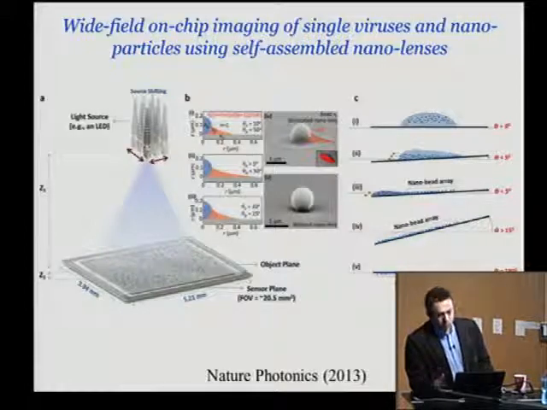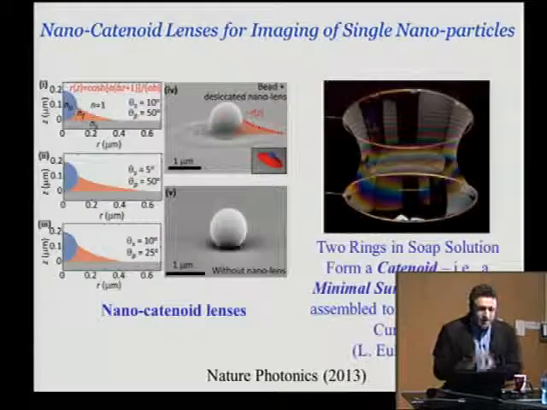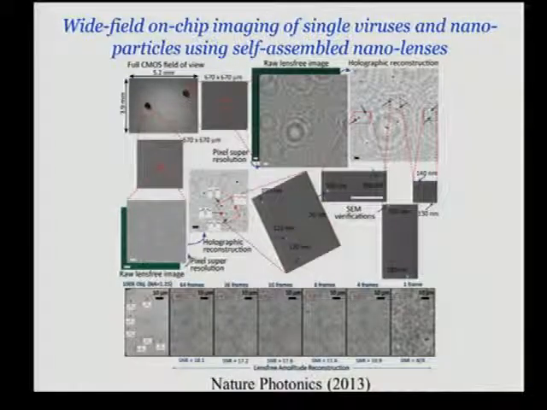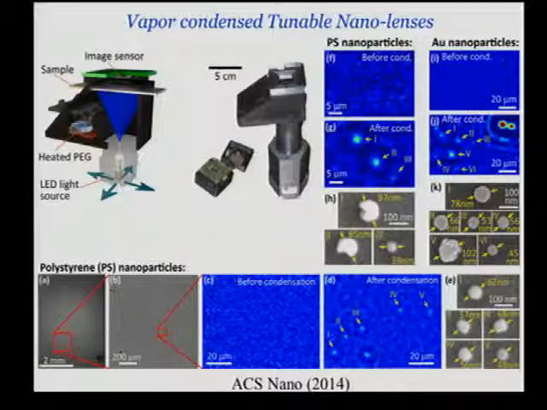Your detector is overwhelmed by the background light. To solve this kind of problem, we borrowed tricks from self-assembly, and we created self-assembled nano-lenses around nanoparticles to essentially increase their signal-to-noise ratio. This is the work that one of your new professors has pioneered, and this is the work that, as a postdoc, he did before coming here to push the limits of this system to the level where we can see sub-100, sub-50 nanometer particles.